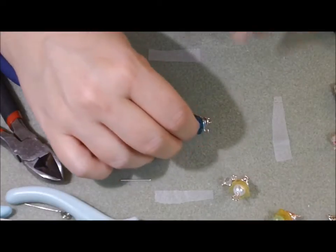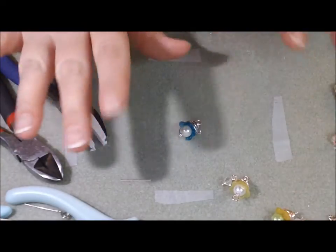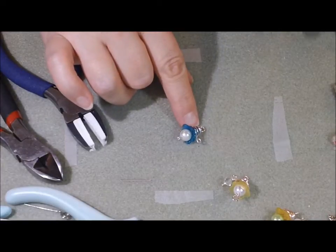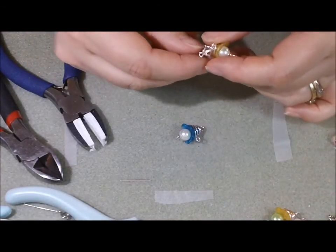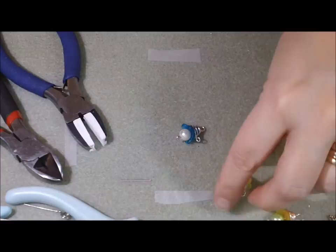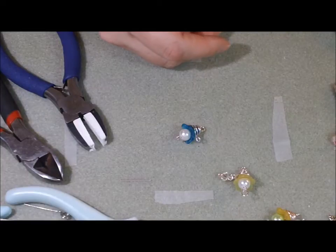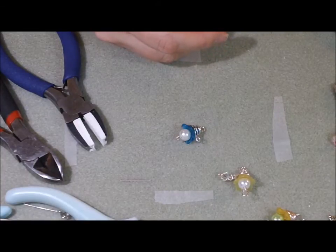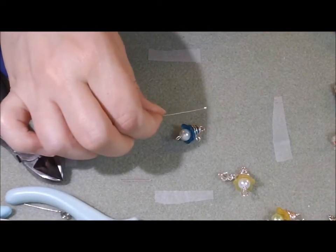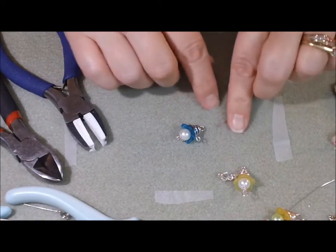Okay, so there's that. Now we have this cute little dangle thing that we need to do something with. Now what you can do is you can just use a plain eye pin. Okay, I don't have any pink wire eye pins to match this, so you can make your own little dangles here and end it with a little loop if you'd like, or you could use a head pin or the ball head pins, which I like. These little ball things, I don't think anyone would know if it matched or not, but the whole purpose of this video here is to kind of show you how to manipulate wire. So I think I'll show you